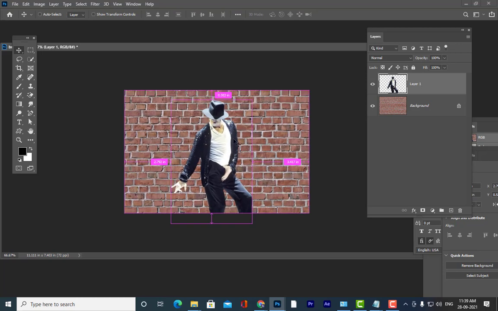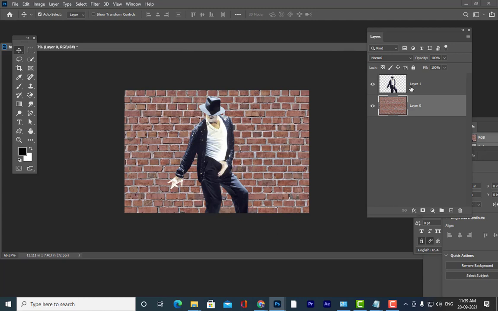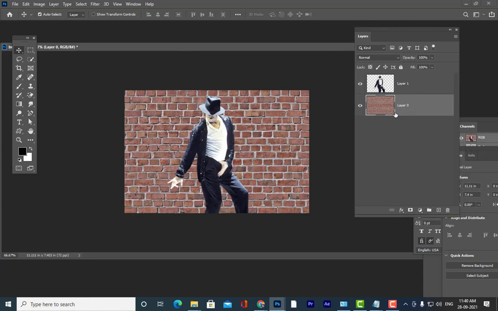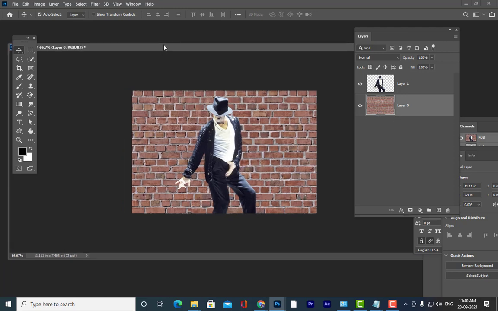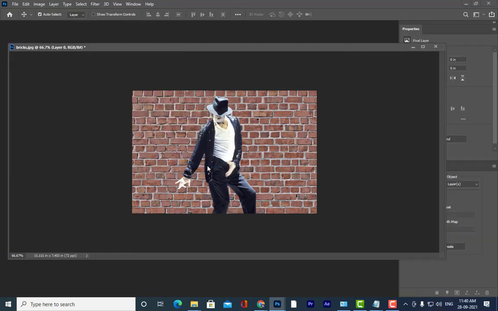So we can create some nice interesting stage lighting effect. Okay, stage lighting effect. So we can do that. So select the background layer. Okay, and we can create a vignette also, but no need of vignette here, because the moment you apply this filter, it almost looks like a vignette. Okay, so just see here, go to the filter, and then in render we have something called lighting effects. Okay, lighting effects.